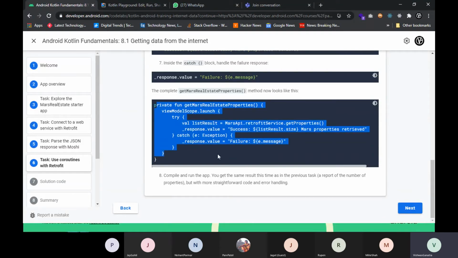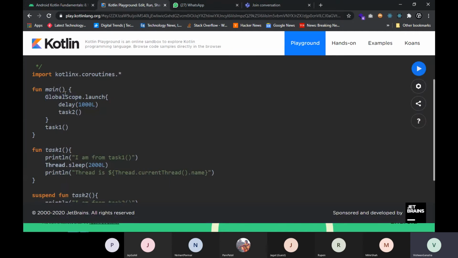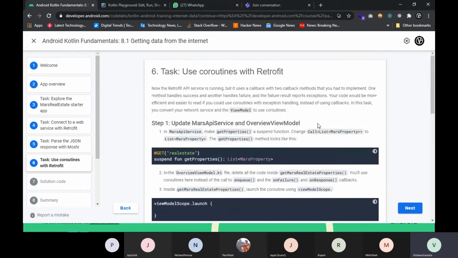In the viewModelScope, they have implemented a try-catch block to identify whether the response was a success or a failure. Using Kotlin coroutines just like this, but in a viewModelScope, they fetch the data using the API and the Retrofit library, then convert the JSON data into an object, and then using the ViewModel and other concepts, they apply that data to the UI.